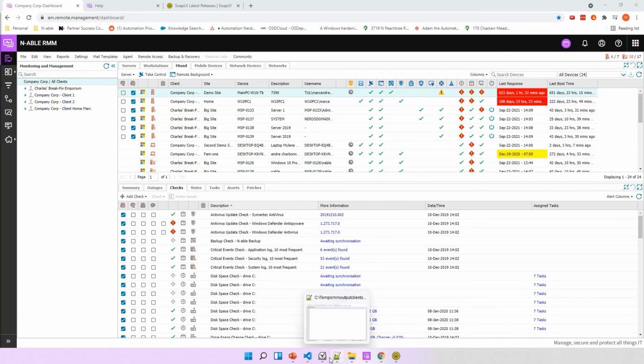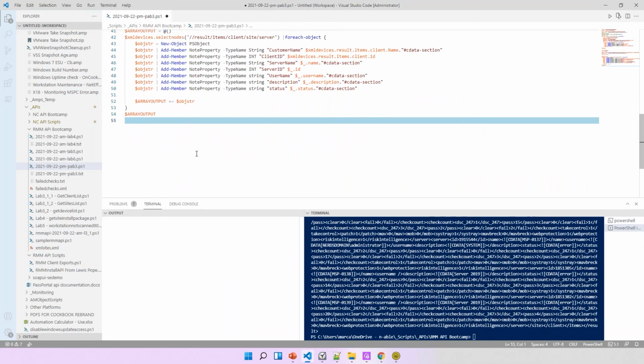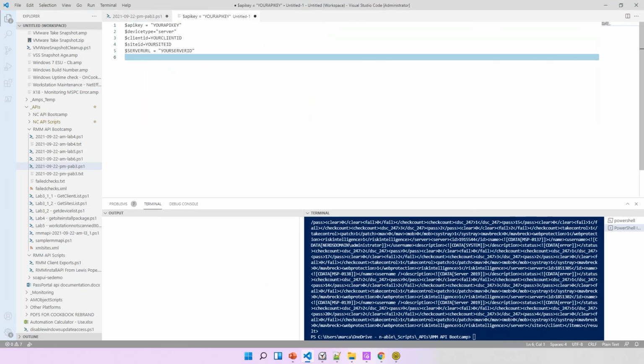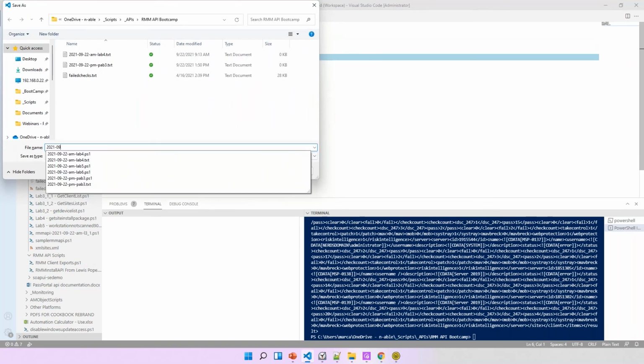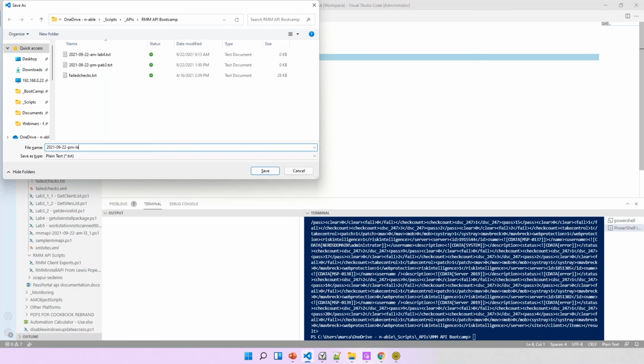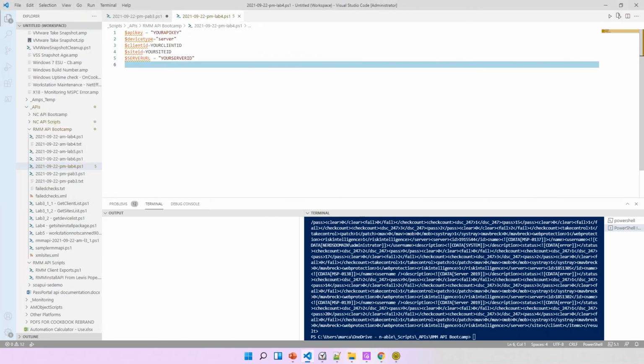That you do need to get through a script. So you would have to include the information in the script. But once you've done it, I'm going to just save that as PowerShell lab 4.ps1. Okay. Basically, you can see here the color changes because it does recognize that it's PowerShell, which is much